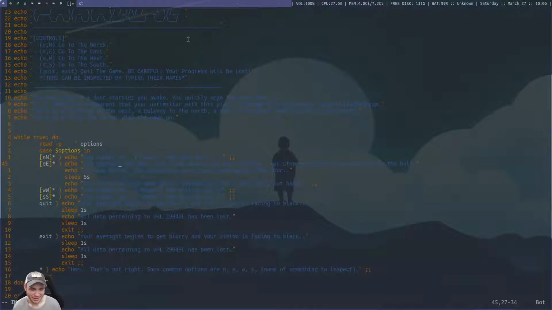Solarized Dark. You can recognize Solarized Dark really easily. It's so overused that it's hard to enjoy it. I used to really like Solarized Dark, but I see so many things using it, and I used it for so long that now I can't use it. I need something new.